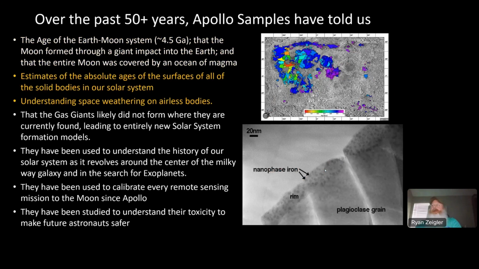And so, apologies to Harry for stealing his map that I think about 10 years of work went into, just thrown in on my slide. But understanding the absolute ages of the surface of the moon through crater counting is only possible because we have the samples that have come back from known locations.